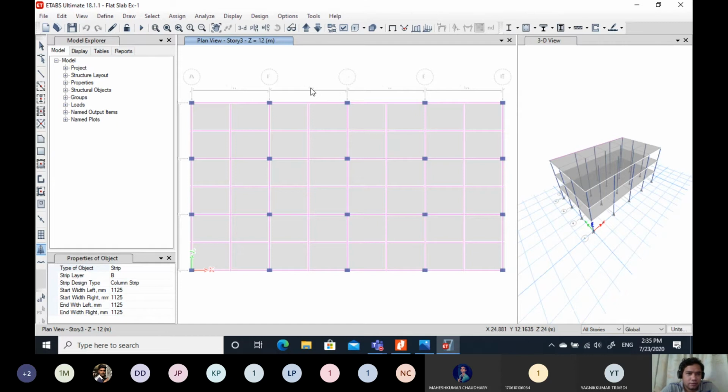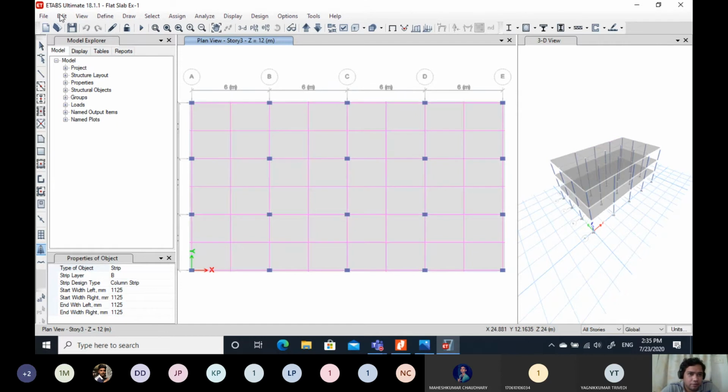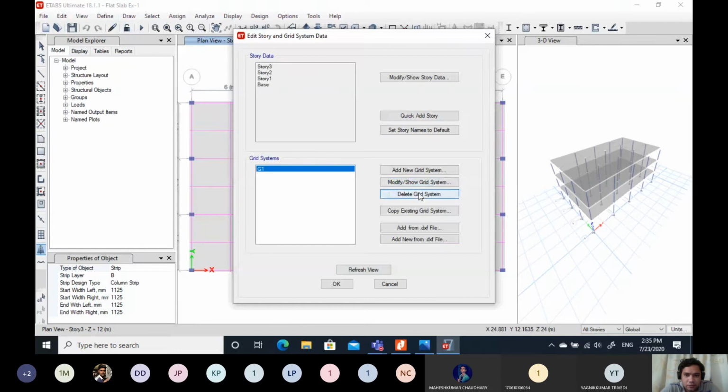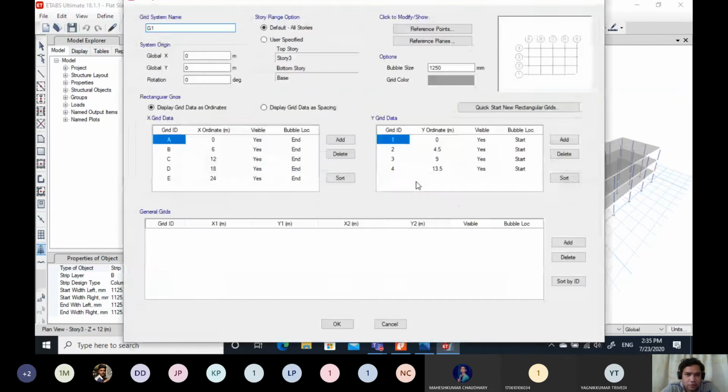So now the strips are drawn. Just let us verify one thing, whether the grid lines automatically added by the software have the similar story set as similar stories or not.